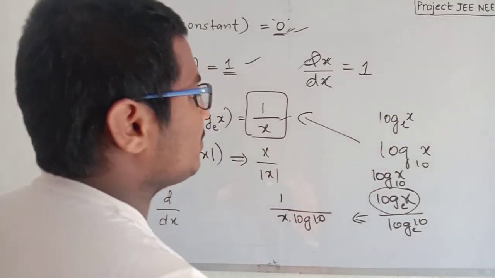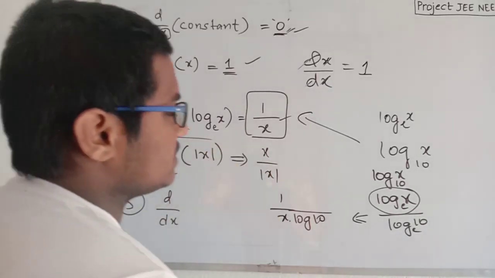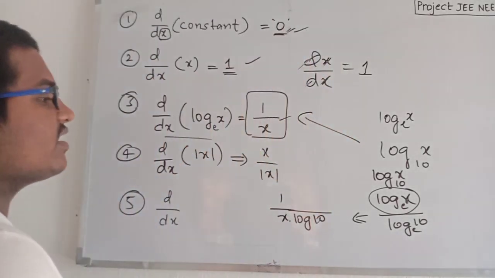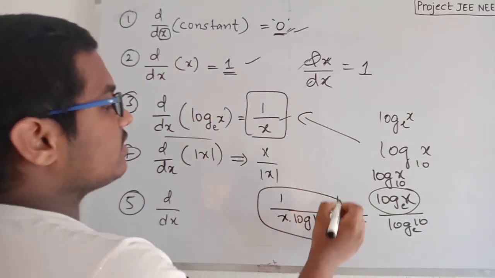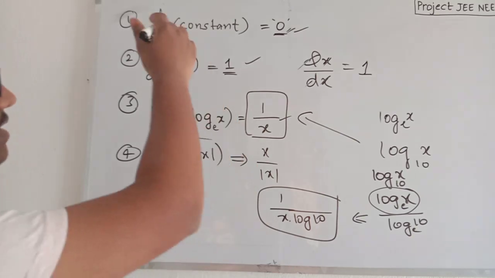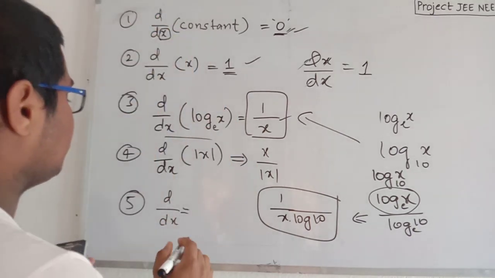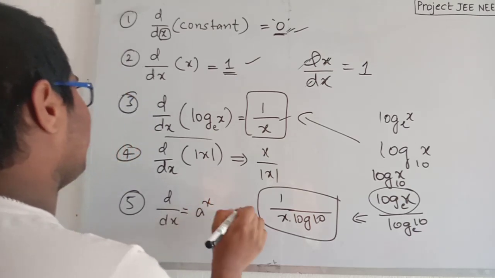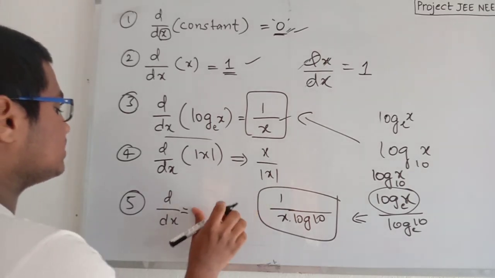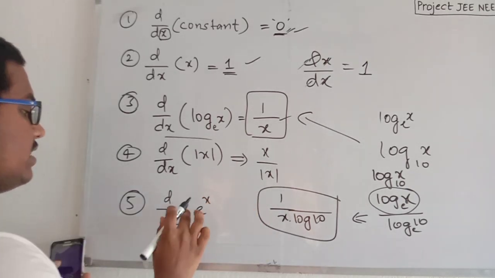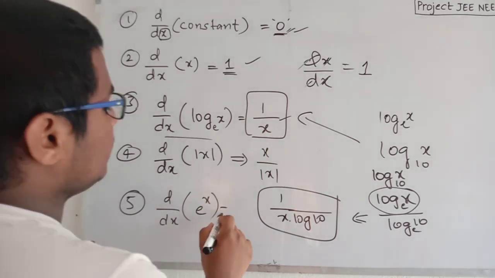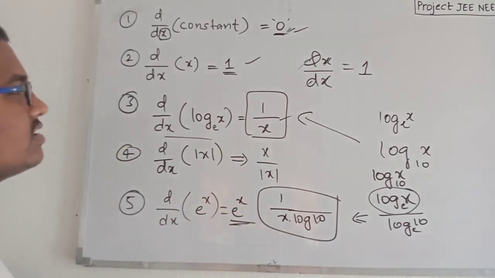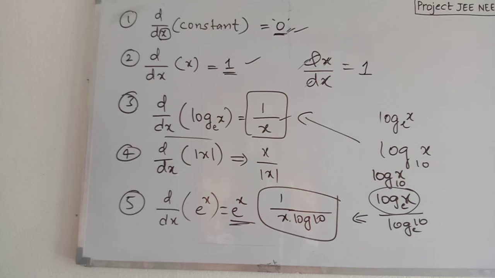This will come up in the practice of this type of problems, the basic problems which we are going to discuss in the further concepts. But this is the main thing, and you have to remember and write these 5. Okay, I'll discuss about... no, actually let's discuss about e power x. d by dx of e power x is actually itself, e power x. So these are the basic 5 formulas. Just note it. I'll give you 5 seconds time. 5, 4, 3, 2 and 1.